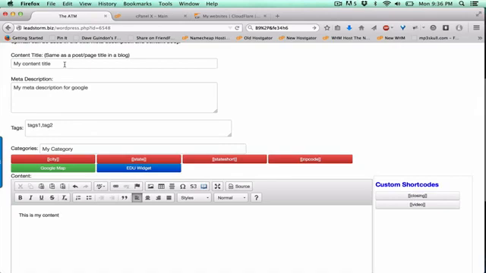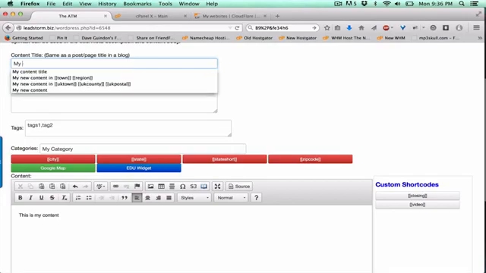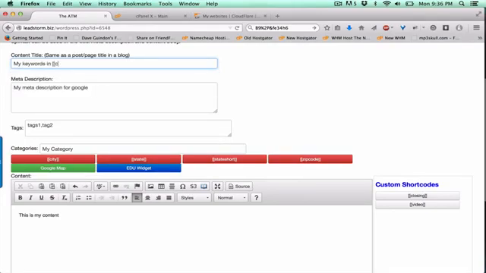Then I can modify these title, meta description, the tags, and categories to make sure they've got the correct shortcodes in there to make sure they're fully optimized for that city, that state, and that zip code that I'm trying to rank for. So I'll do something like, my keywords in city, state, and zip code. So just something random will be, my keywords in Jacksonville, Florida 32092, and maybe,